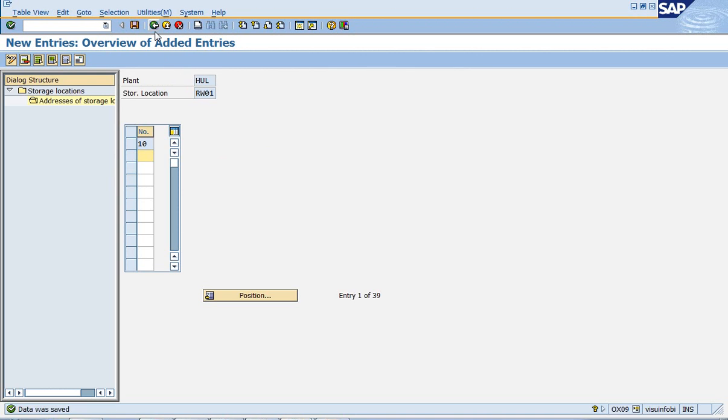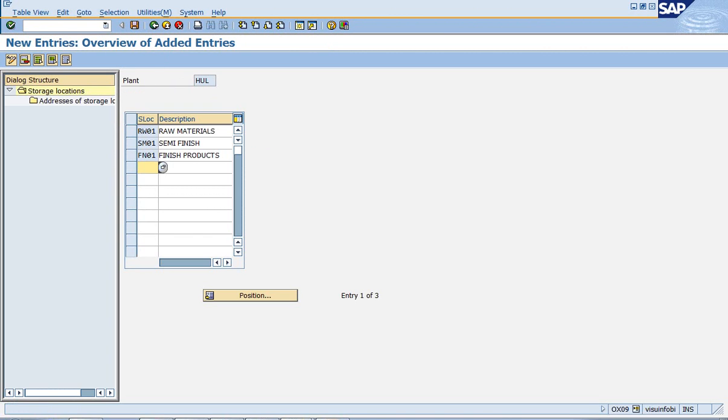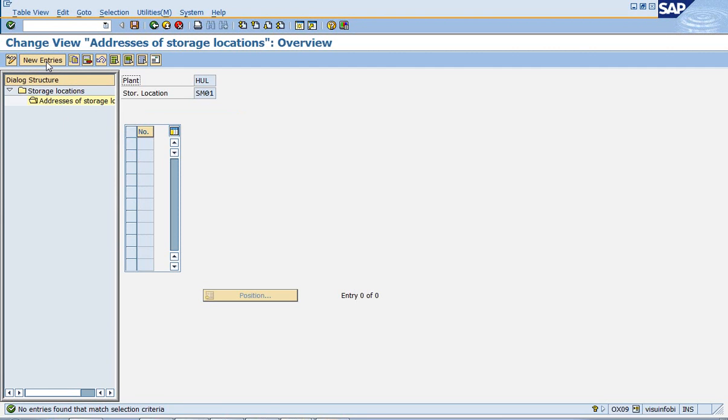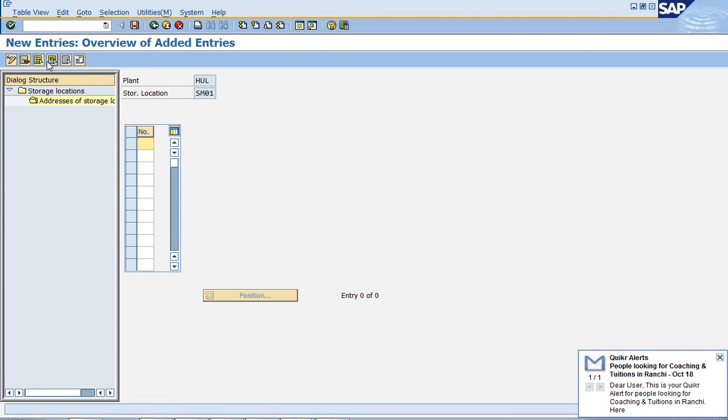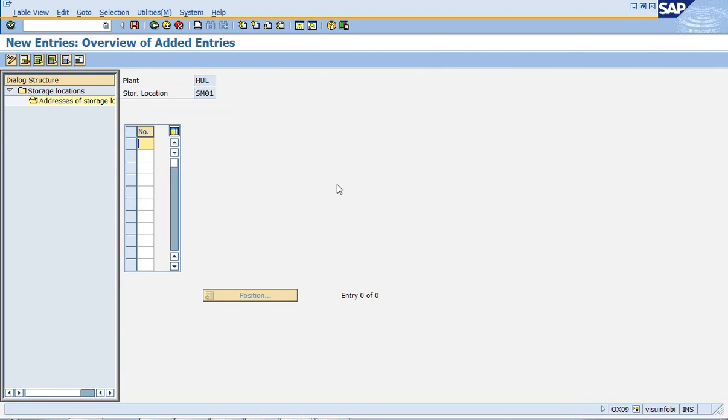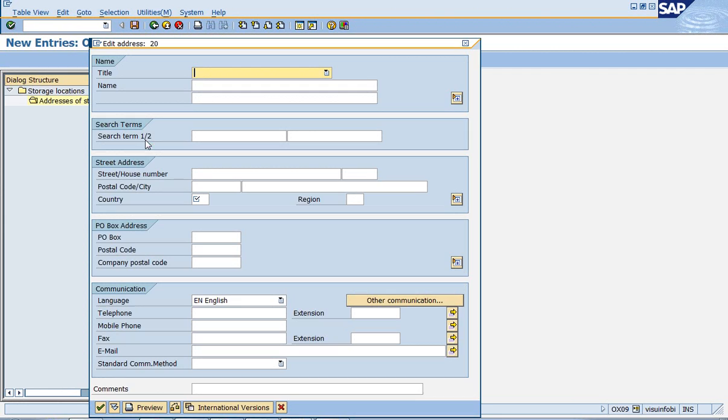So in the same way, you can go for maintaining the address of your 2 other storage locations for your semi-finished and finished products. Just select that line item, get into your addresses of that storage location, press on new entries and maintain that number for that, and you will be getting this box where you can maintain the name of your company and the description for that storage location, and you can finish it off.